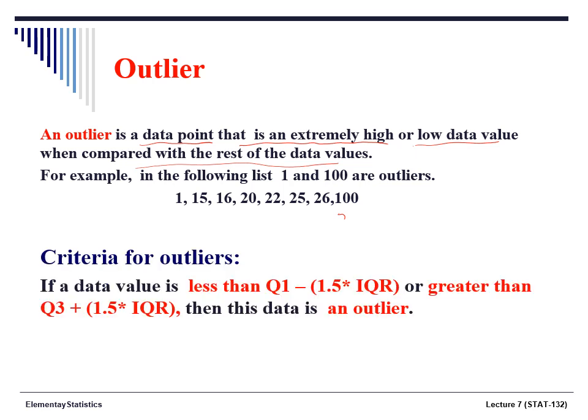Here is the criteria we use. If a data value is less than Q1 minus 1.5 IQR, or greater than Q3, the third quartile, plus 1.5 IQR, then this data is an outlier. Okay, let's